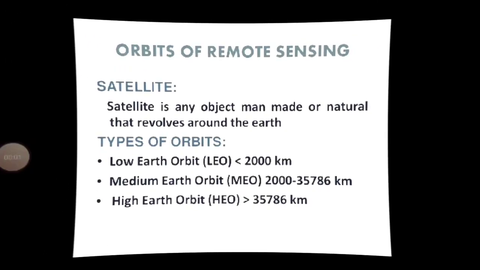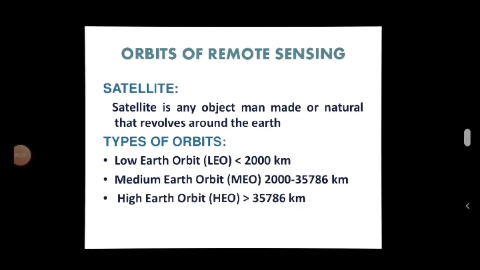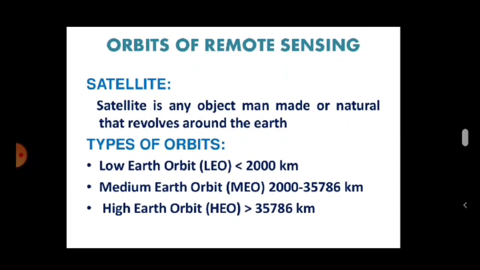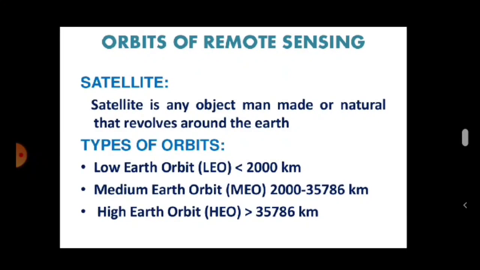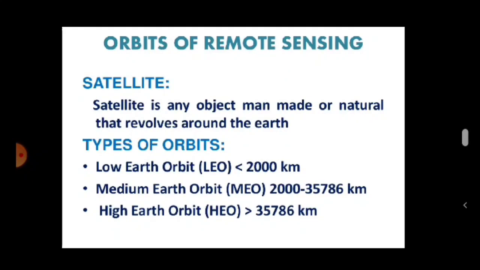Hello everyone, today in our remote sensing lecture series we are going to focus on sensors, platforms and orbital characteristics. In the previous few lectures we talked about the basic definitions of remote sensing and the process of remote sensing, then the elements of remote sensing in lecture 1, then we came to electromagnetic spectra in lecture 2,